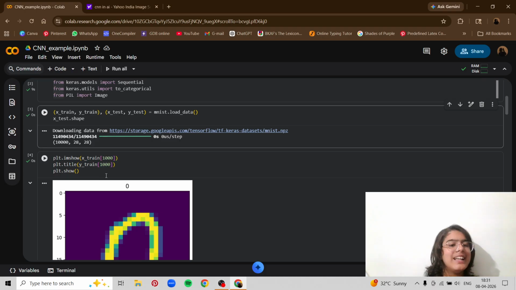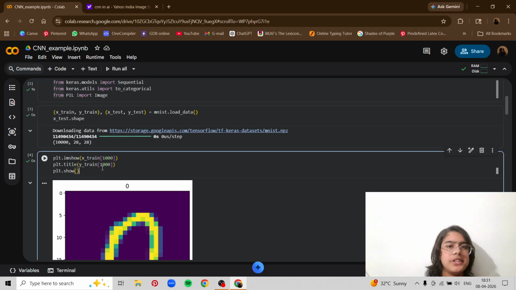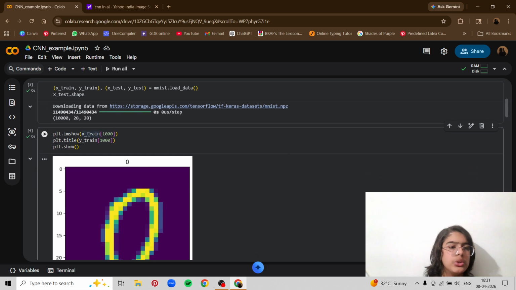That's a lot. Now all these 10,000 images are different, all zeros won't be the same, so that the model gets trained properly. I'll give you an example. Later I have printed plt.imshow, which shows the image, x_train[1000], and plt.title y_train[1000]. So what is happening here is all the images are in x_train, and the number of each image is in y. Same with x_train and y_train, and x_test and y_test.